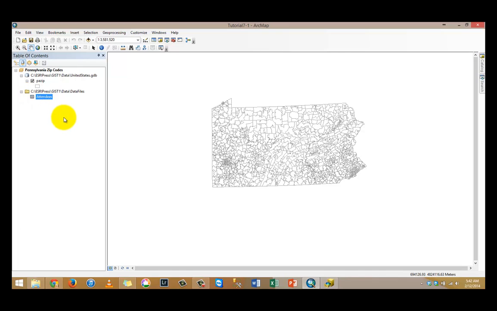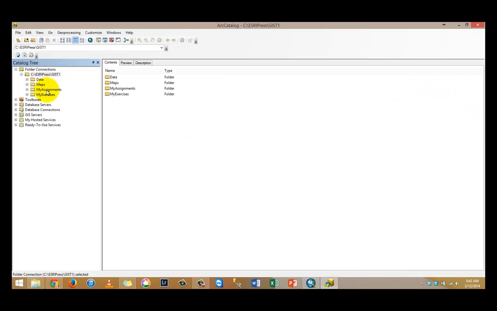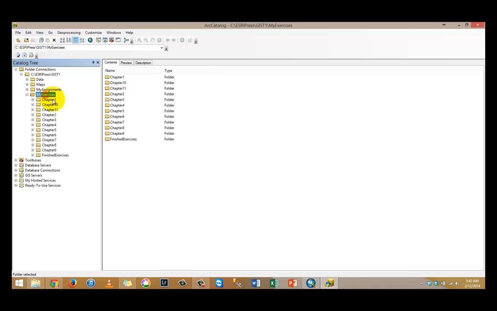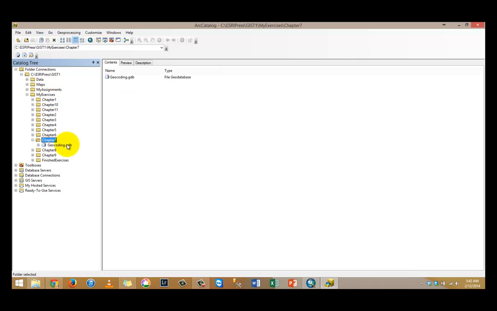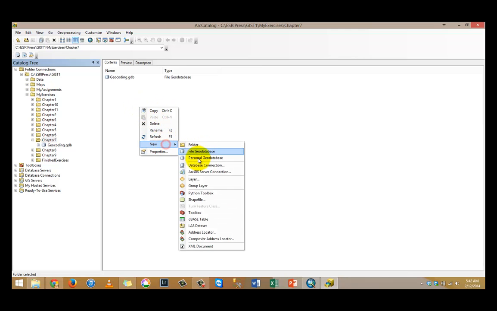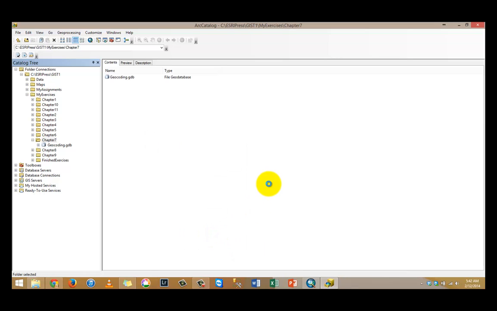Create an address locator for these zip codes. How do we do that? So what we need to do is go to catalog, and then go to my exercises, and go to chapter 7, and in the address locator what we need to do in chapter 7 is right click and say new address locator. Right here you click on that, and then